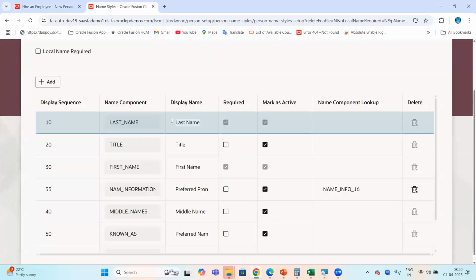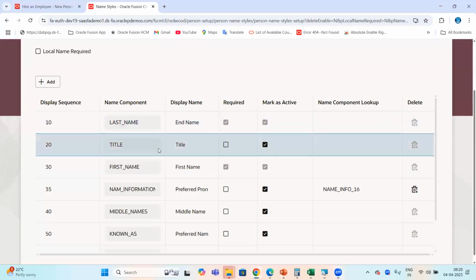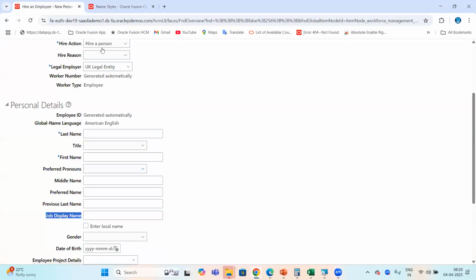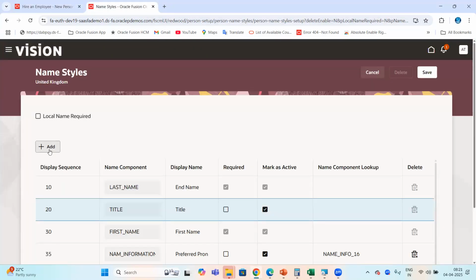If you want to rename that last name into something like, simply, I'm giving as of now, okay, end name, something like that. Then, team, this is required checkbox, team. If you want uncheck this one, you can uncheck, team. Mark as active. If you want to remove, you can remove, team. You can do whatever customizations you want for your existing fields, team. If not that, on top of this, you want to create more attributes, team. Click on add button,